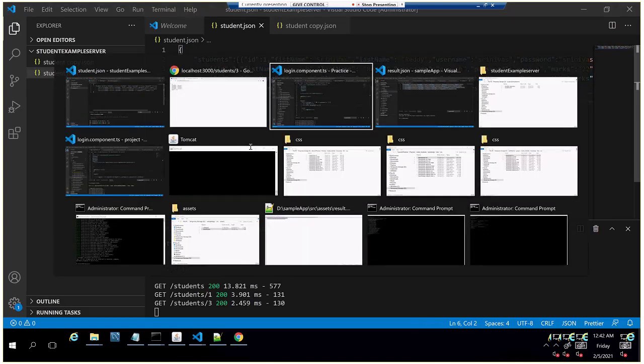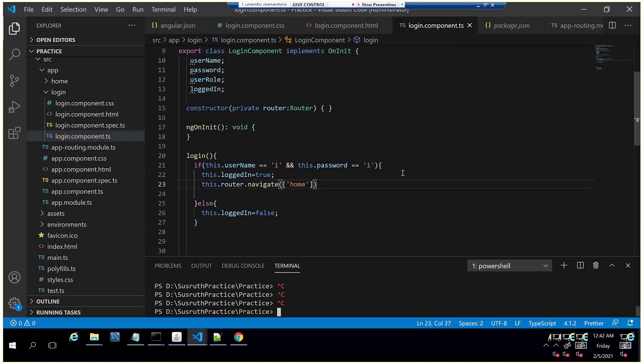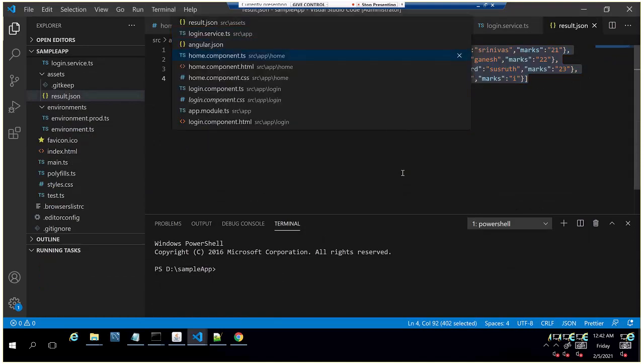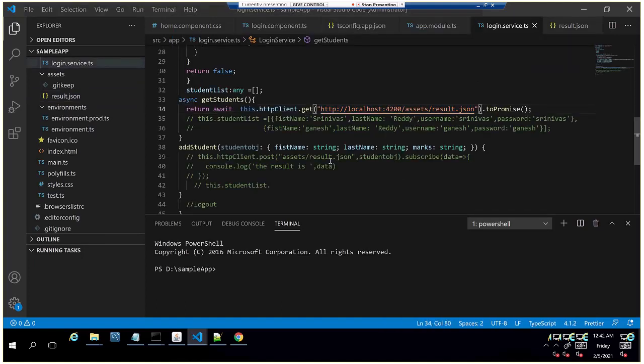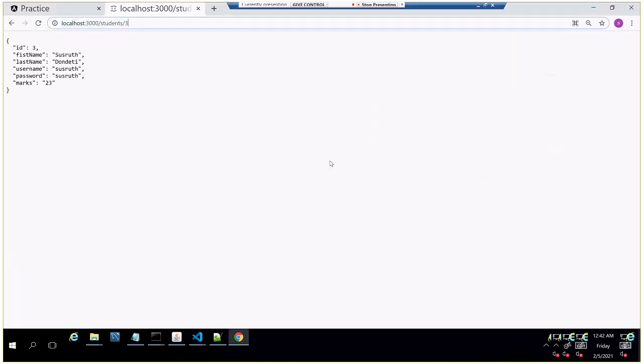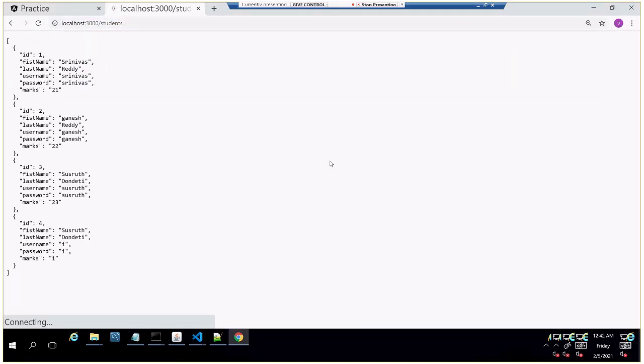You remember the other day uncle tried to add records and it didn't work. So now in the login service, instead of this JSON, we'll use the actual API, the students API, and we'll get the records.